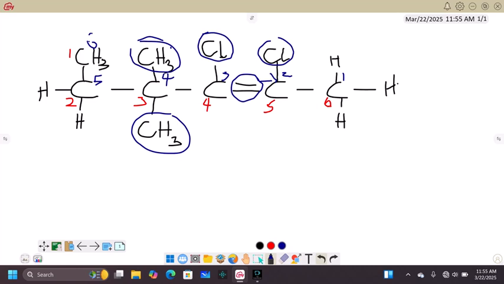So we have the chlorines to be 2, 3, and because there are 2, we call it dichloro. Then we go straight to the methyl. We also have 2 methyl that are numbered, and those ones also fall on number 4. So I will call it 4,4